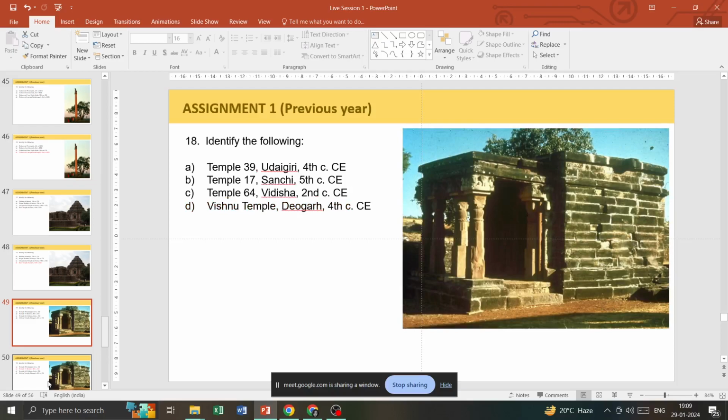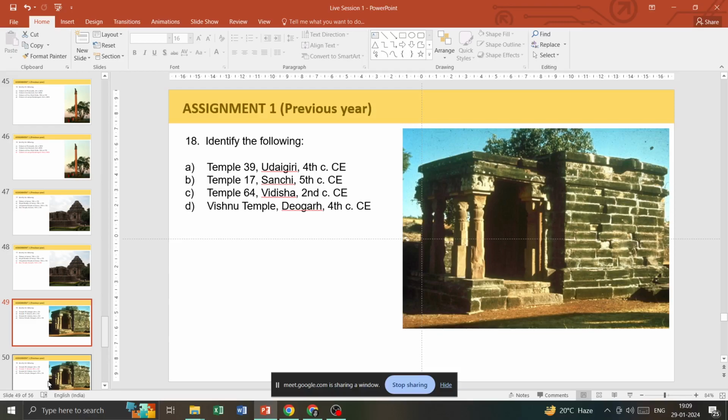Identify the following. This I have already shown you, so you will be able to identify that it's Temple 17 at Sanchi. It is one of the oldest pre-modern examples of Hindu temple architecture, and it is one of the few temples present in the complex of Sanchi Stupa. It was built in 5th century CE, and it has a cubical sanctum, which has a porch supported